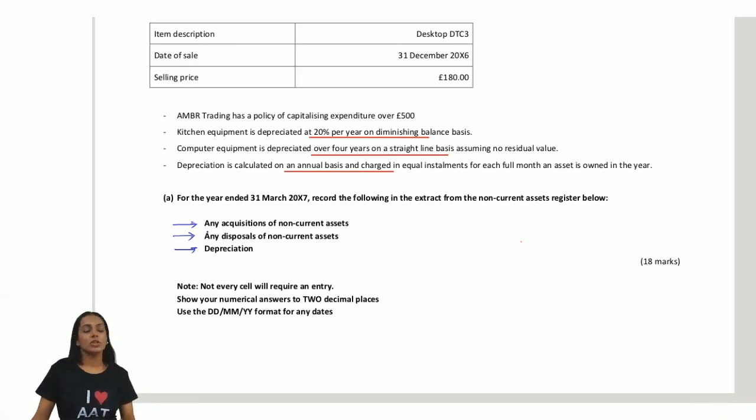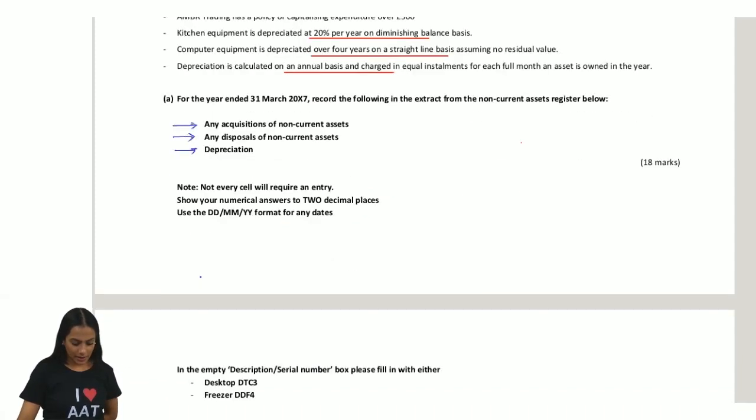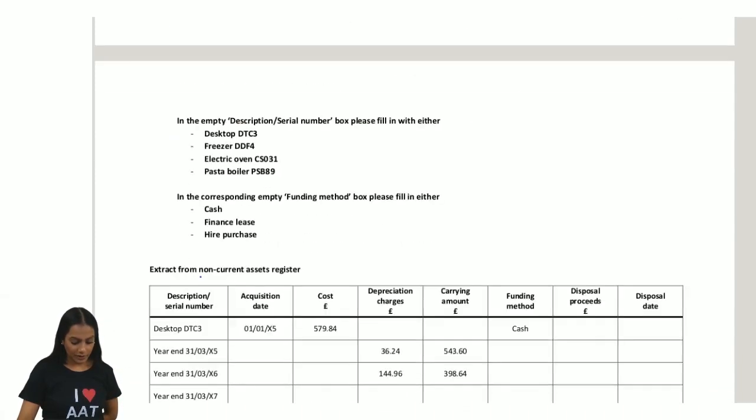To gain marks, you can only gain it by answering the question. If you don't answer the question set, then how are you going to prove to the examiner that you deserve a pass for this particular paper? The knowledge that you should have gained from level 2 bookkeeping controls and bookkeeping transactions should be the knowledge that you apply here. Okay, so on the next page, we have further